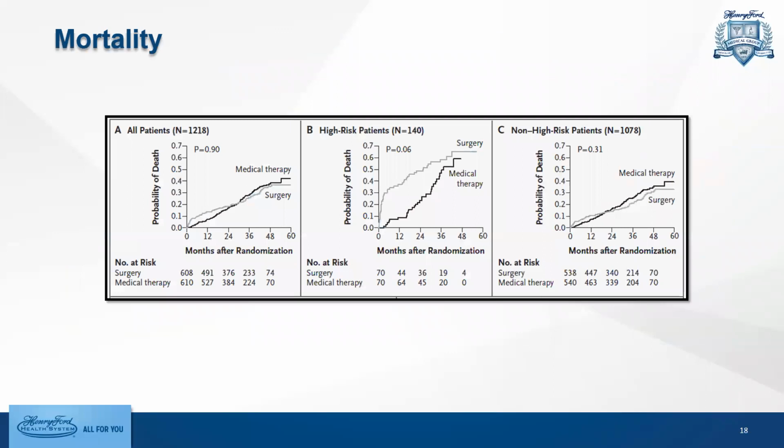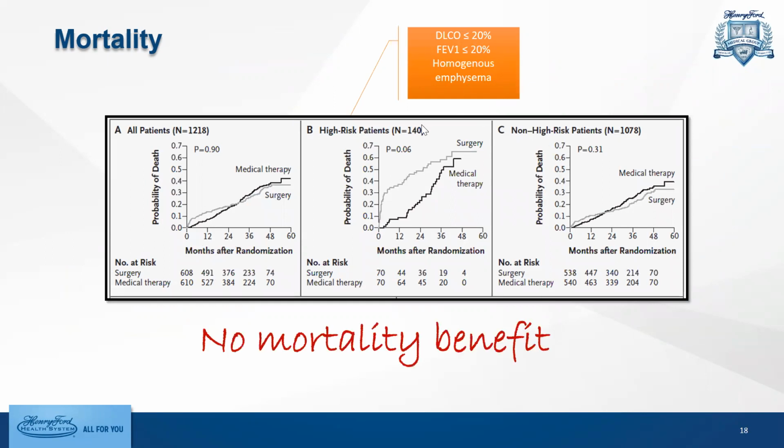So what are the outcomes? In terms of mortality, that was one of the primary outcomes. Pretty much it didn't show a mortality benefit if you take all the patients. For high-risk patients, it was associated with higher mortality. Those high-risk patients were identified early: those who had an FEV1 of less than 20%, low DLCO of less than 20%, and those who had homogeneous emphysema. However, the